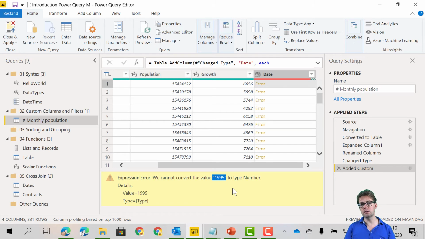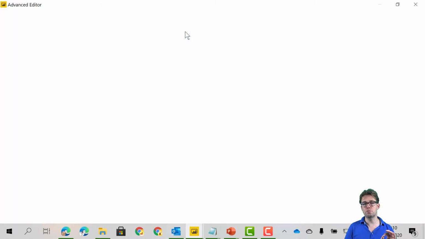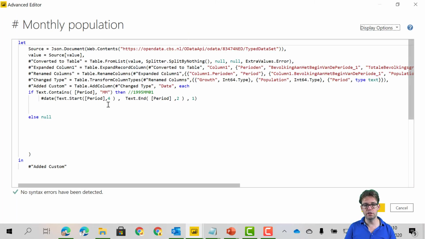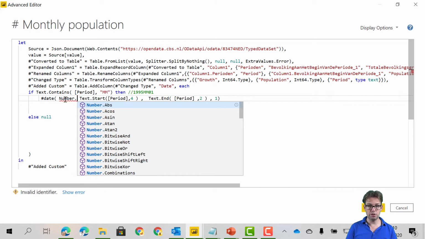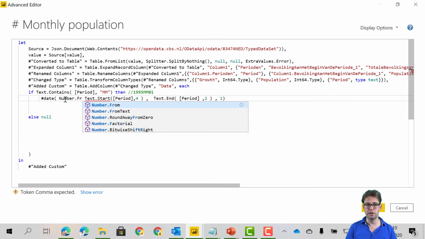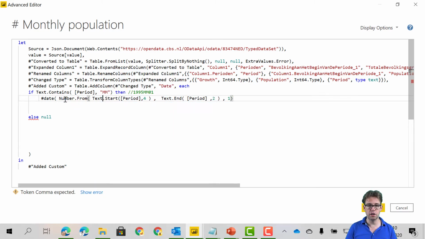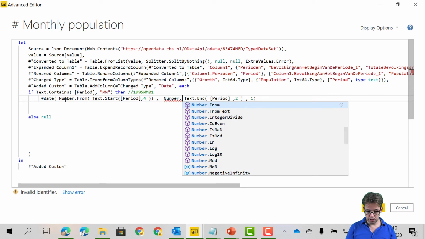So I need to convert the text to number. M is very strict about the types. You have to explicitly convert it every time. So what I can do here is put it into a number. So Number dot, and you can use the from for that. The from is for the casting. This is a little bit annoying, but that's how it works. Number.from,